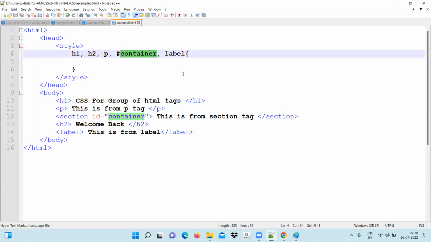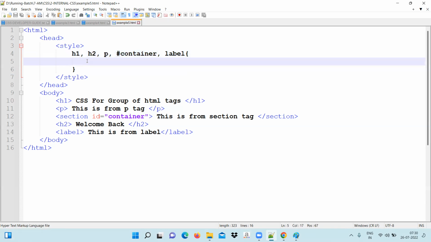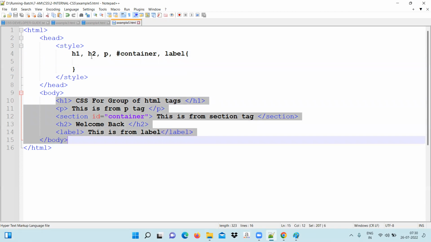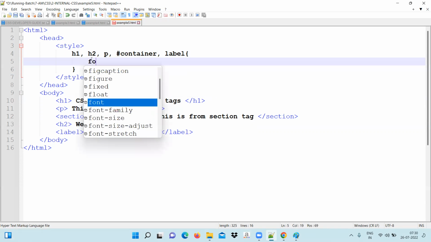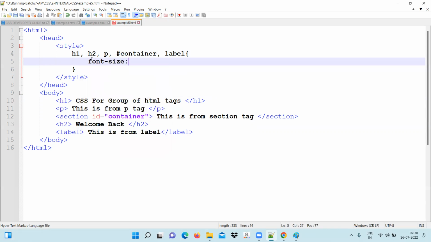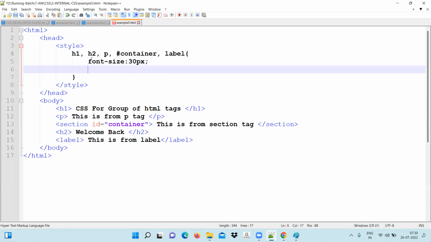Now when you keep multiple selectors together separated by comma, then it is called CSS by tag group, or you can say CSS by selector group. Both words are fine. So how to create this group of selectors? With the help of comma. Now whichever property values you write inside will be applicable for all the selectors that we have mentioned here. For example, font-size, if I write 30px and